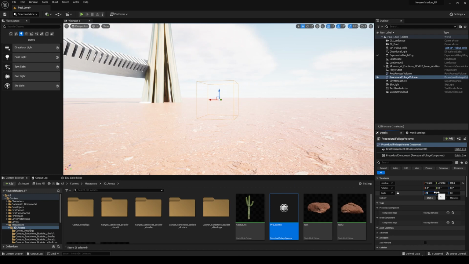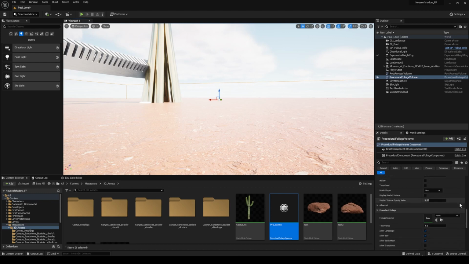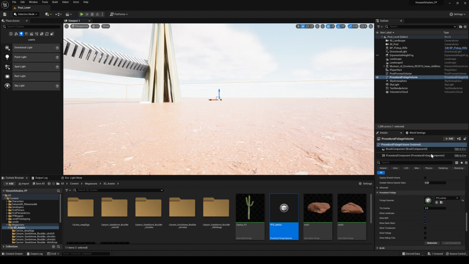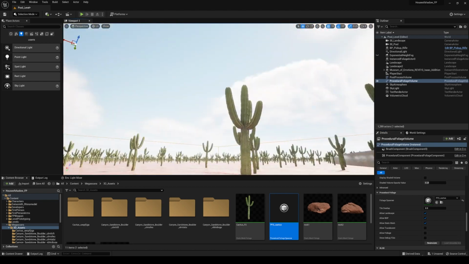Let's go with 200. We're going to deselect this one here. We don't need it to be 200 tall. Let's go ahead and just make it 20 tall. Even that is probably too big, but for now that's enough for our space. That's fine. Once we do that, we scroll down to where it has procedural foliage spawner, and we're going to add in our PFS. That's our procedural foliage spawner we made just before. Click on cactus, and then we're going to click on resimulate,